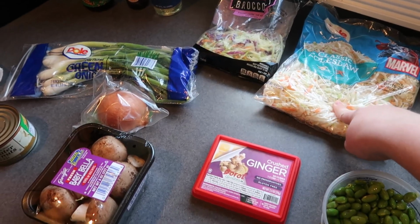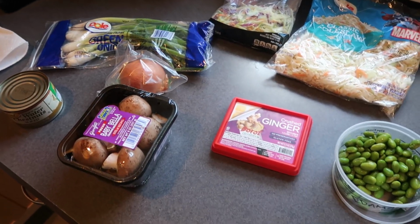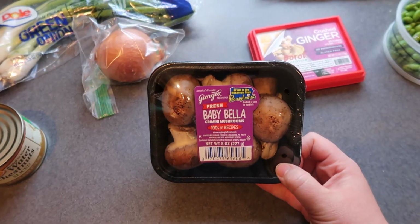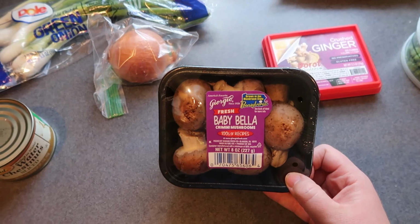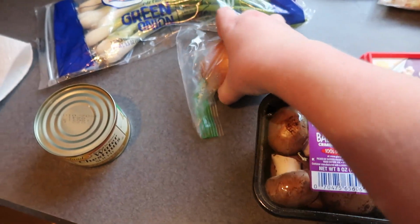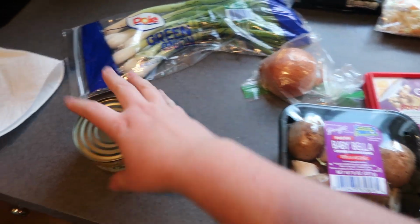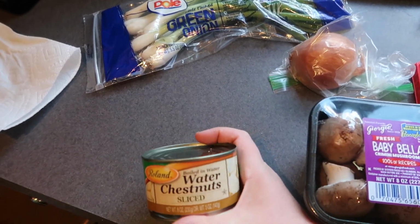So since I'm using this coleslaw mix, there really isn't a lot to prep for this meal, so it does come together really fast. So the one thing I do have to do is slice up my mushrooms. I'll probably use about half of this 8-ounce package. Dice up half of an onion, and then this is not in the recipe, but I like throwing in water